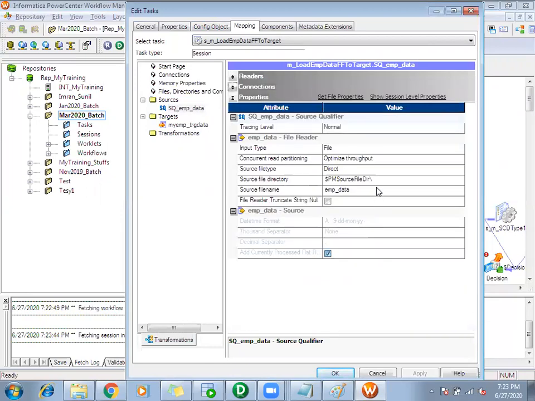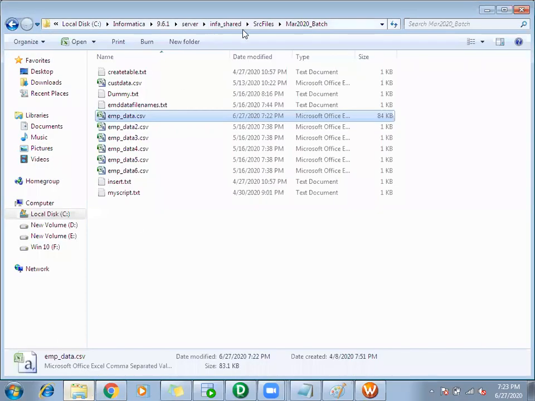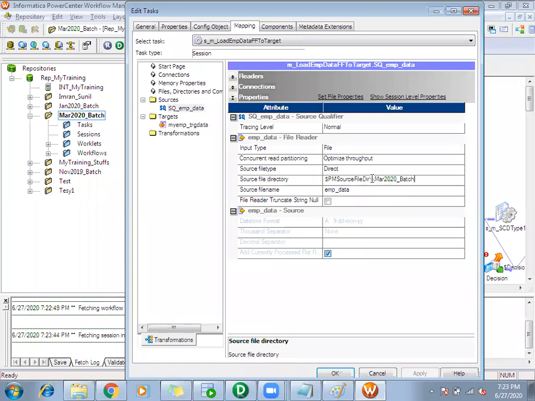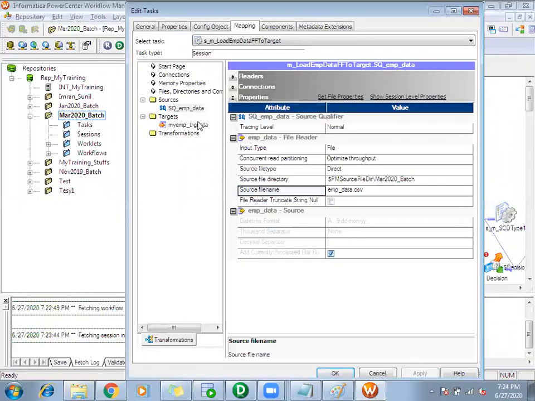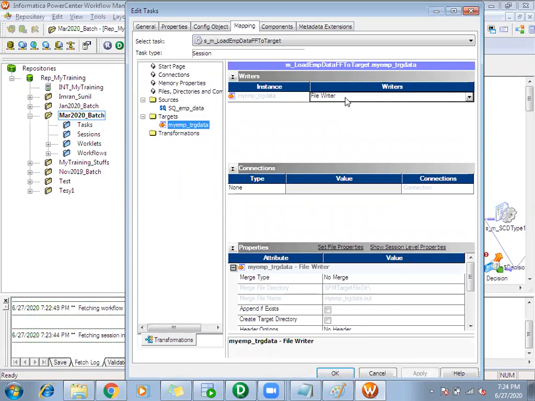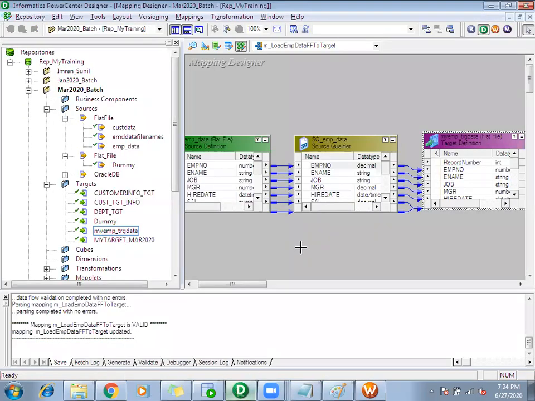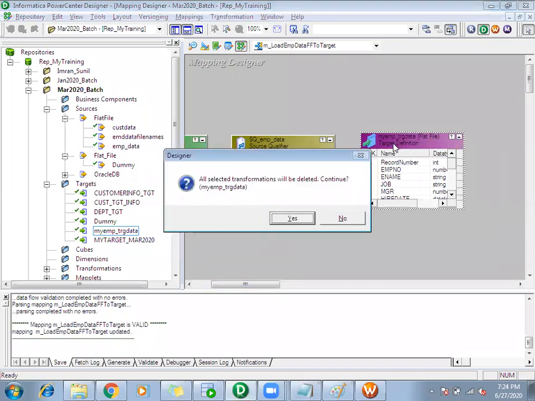So here I'll give the path of the source file. I have given a file as a target.